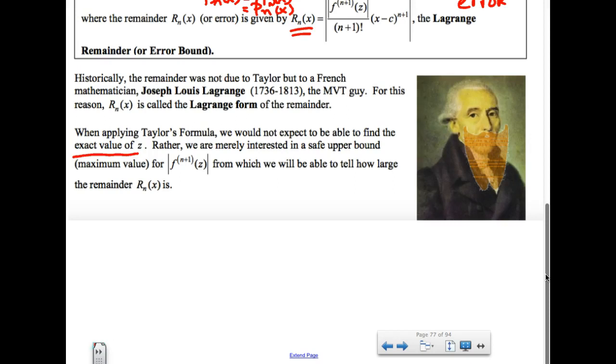So what does that really mean? For now, it means this. Don't worry about z. Okay, I'll explain what it is, and then it'll come. You'll get it once we do a few examples. We are not going to get z exactly. We're just going to give it an upper bound, but it is merely some number